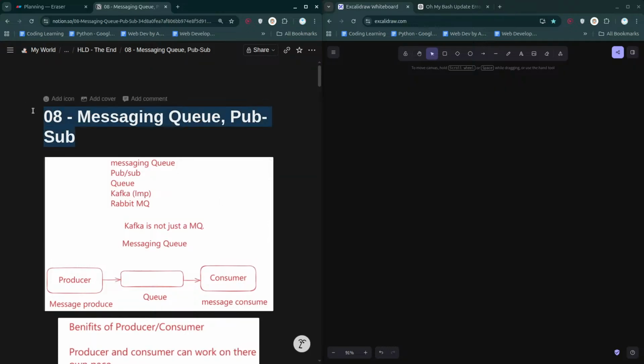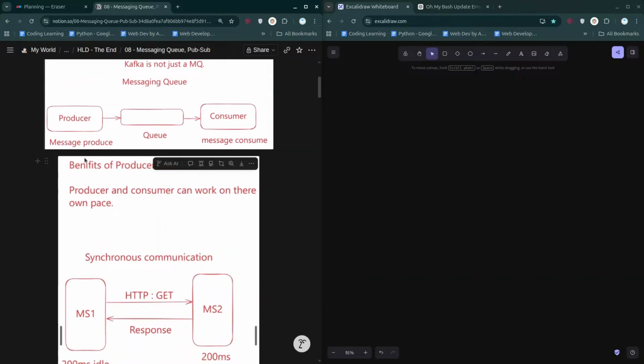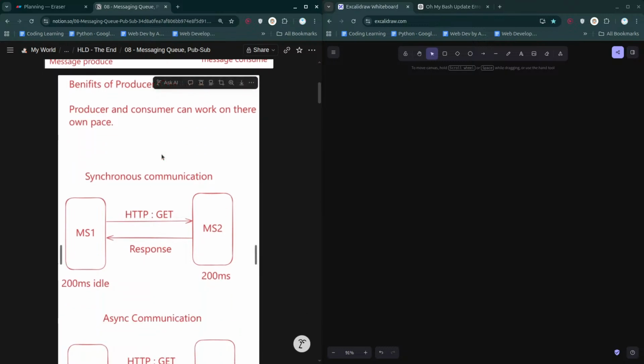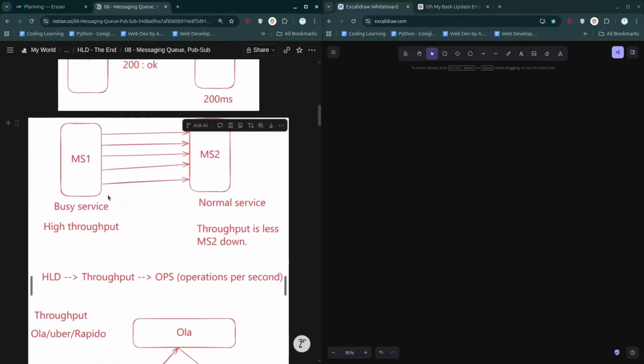Ultimately we were talking about the messaging queue and PubSub model. This thing is done, what this PubSub model does and what it means. The question comes, why do we need to use Kafka over here? Because the thing is simple: messaging server 1 may send a lot of messages, and ultimately it may have high throughput. How high throughput in the sense that it may get a lot of requests at the same time. Server 1 is able to handle a lot of requests at the same time.